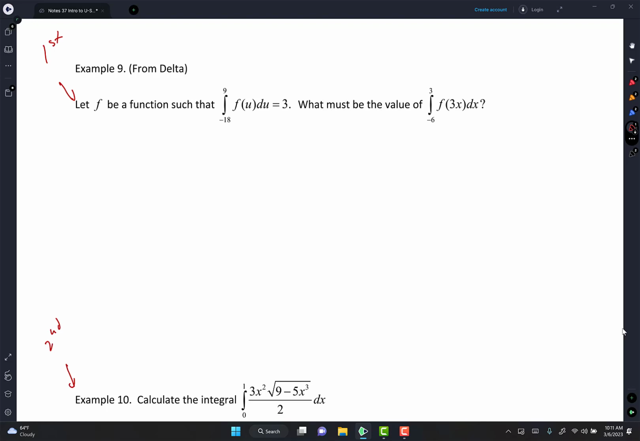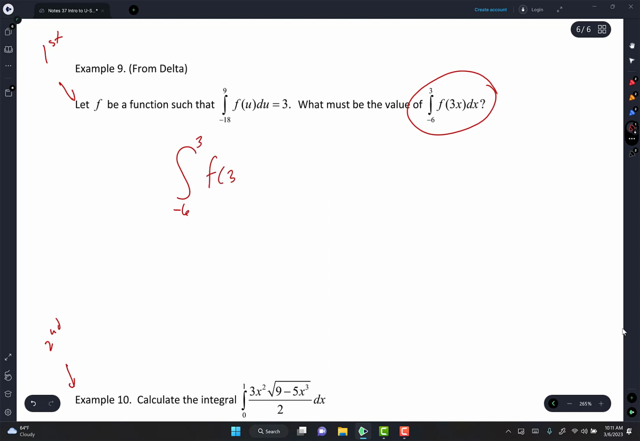handle it. All right, let f be the function such that the integral from -18 to 9 of f of u du equals 3. What must be the value of the integral from -6 to 3 of f of 3x dx? Okay, so here's what we want. We want that, right? So I'm going to write integral -6 to 3 of f of 3x dx. So here's what I'm going to write. I'm going to write, on the side, u equals 3x. So that means du equals